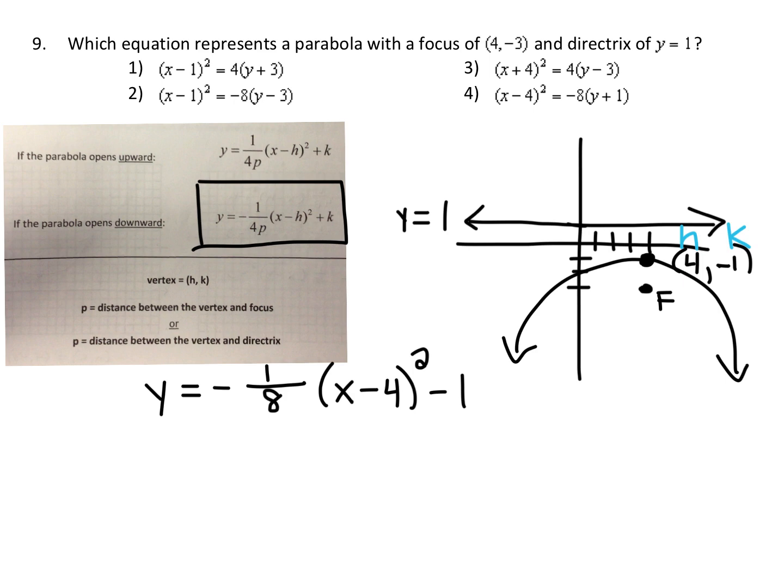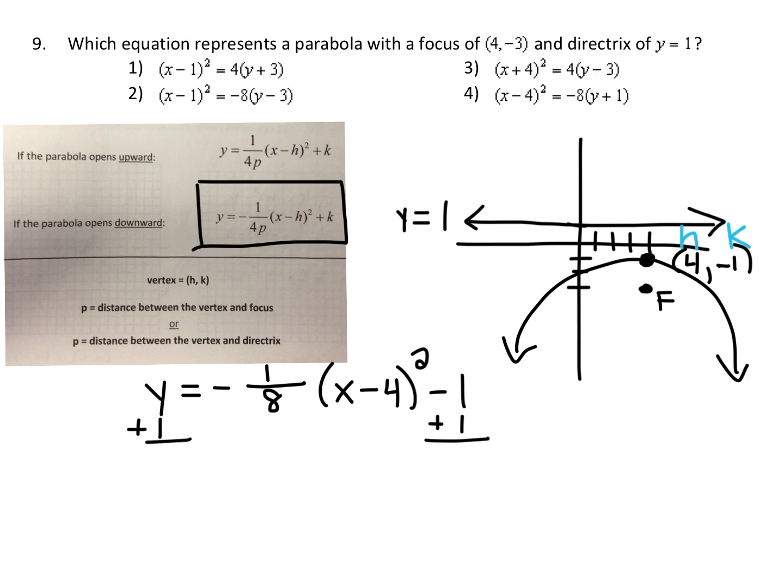Now, if you look at the answer choices, none of these look exactly like I have here. But it looks like what they did in the answer choices was they got the term, the parenthesis with the square on it, all by itself. Now, I could tell right off the bat, we have an x minus 4 squared. This is the only one that has an x minus 4 squared. So choice 4 has to be the answer. But let's just show, just in case there was other choices, for a different question, how we get this by itself. Okay, so I'm first going to add 1 to both sides of the equation,